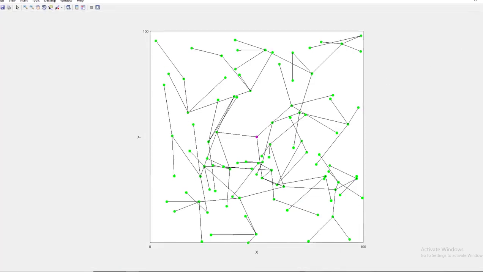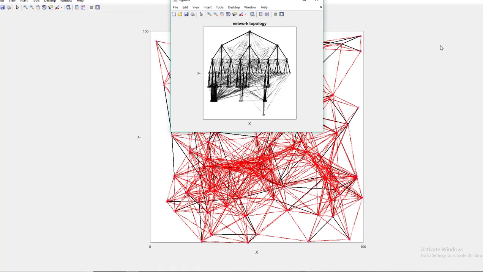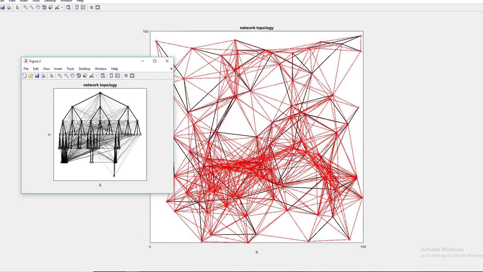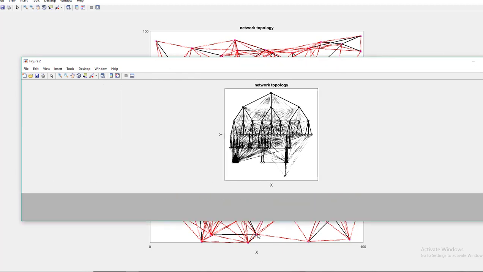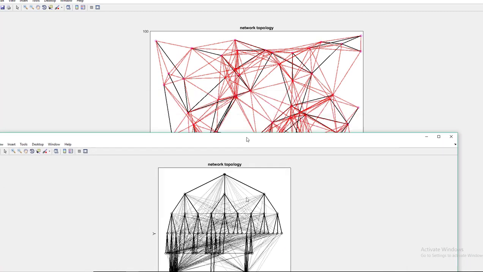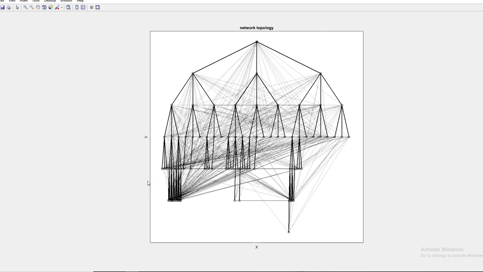I showed you this in the beginning of this video, and network topology works like this. This view is an elaborated view of this web. Okay, guys. This web is a messy structure that is hard to understand, but you can understand this hierarchical structure, how each node finds the neighboring node and gets connected.